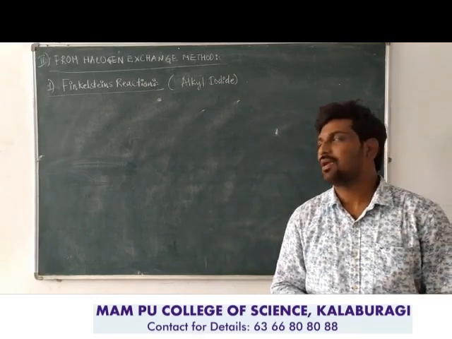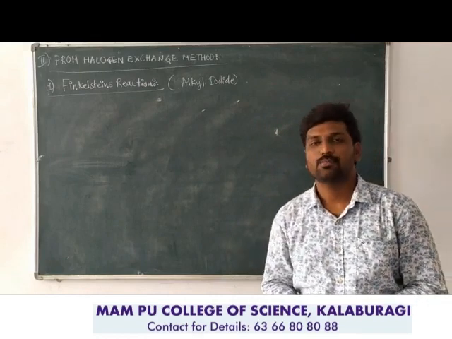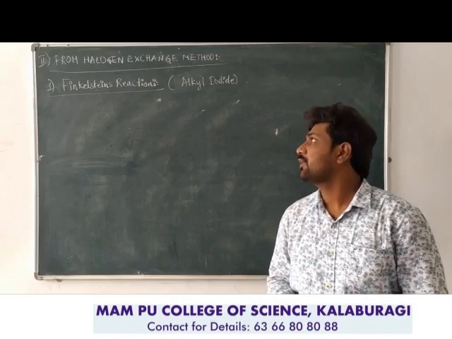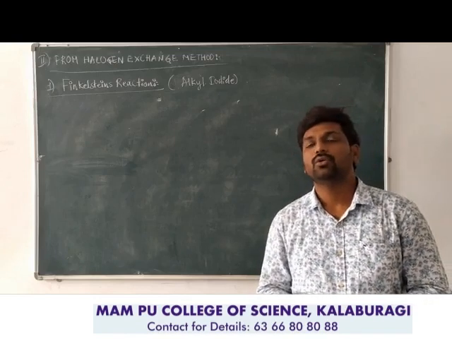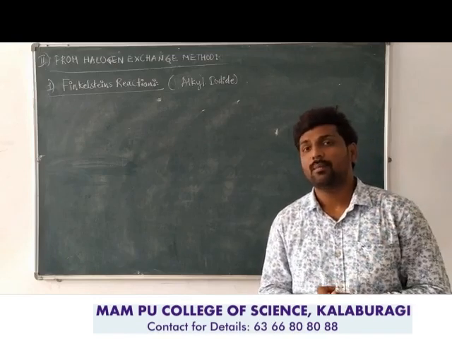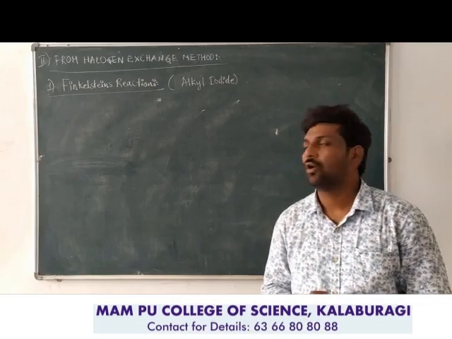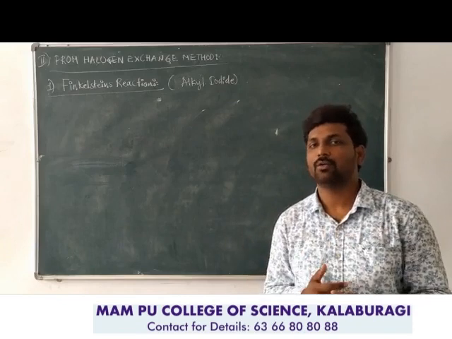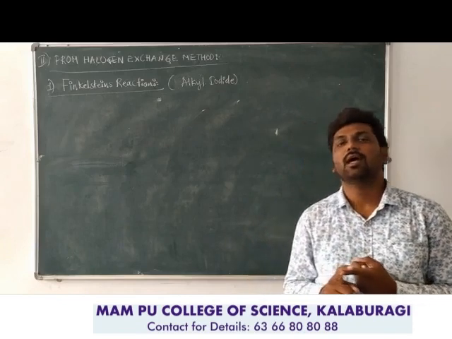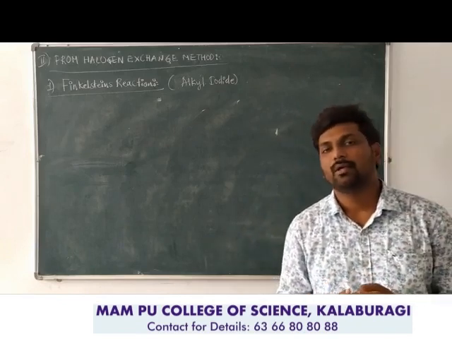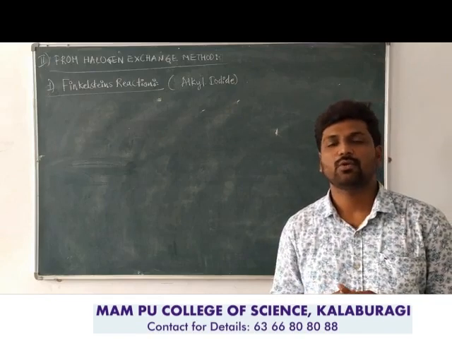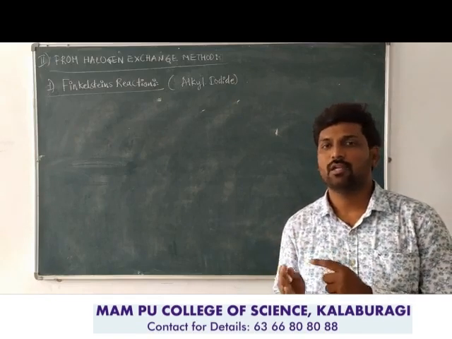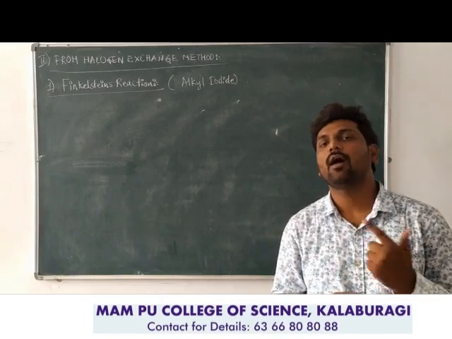In today's class we are going to discuss the continuation of the methods of preparation of haloalkanes and haloarenes. So we have gone through one method of preparation, that is from alcohol. In that, the sub-methods of preparation from alcohol are by the action of HX, in that the Groves process, Darzens process by the action of thionyl chloride, and the third one is by the action of phosphorus trichloride and phosphorus pentachloride with the alcohol.